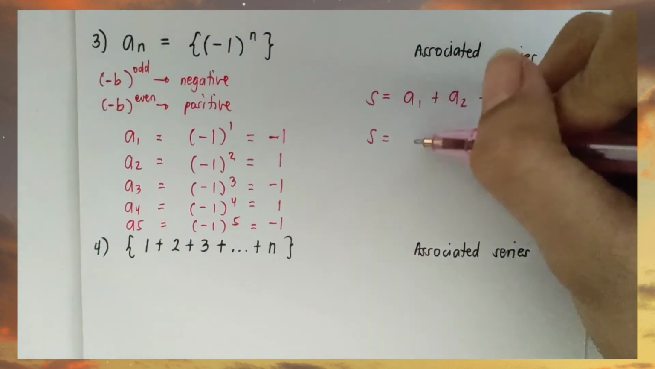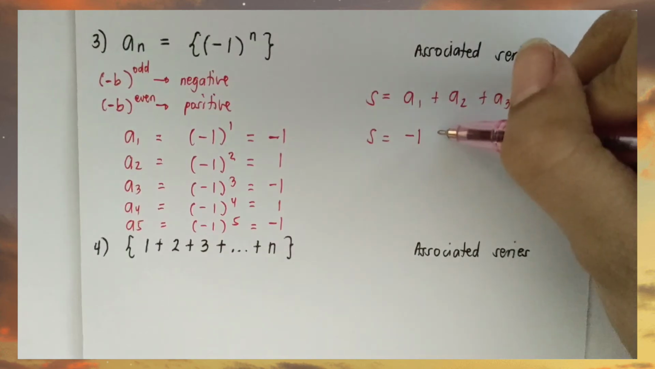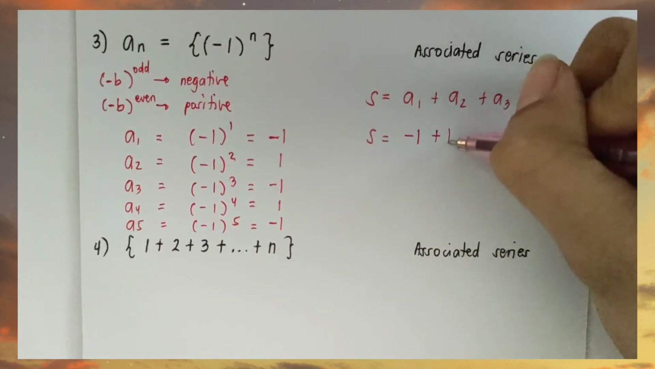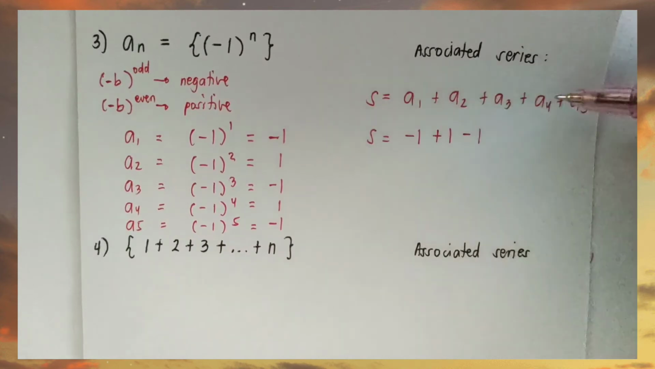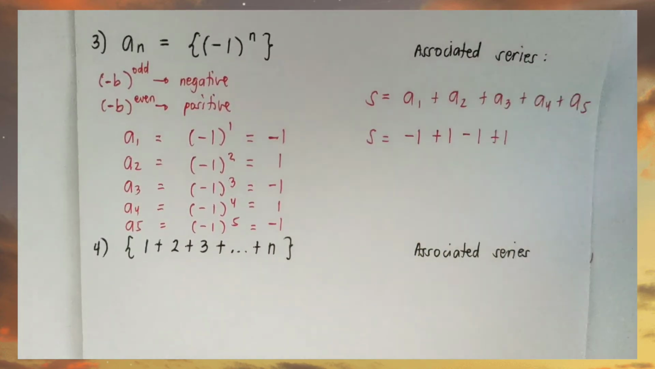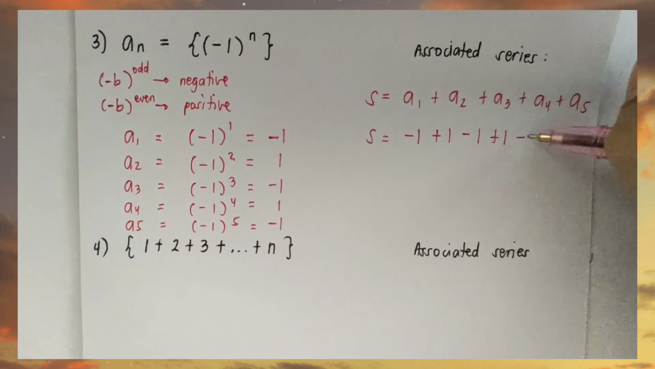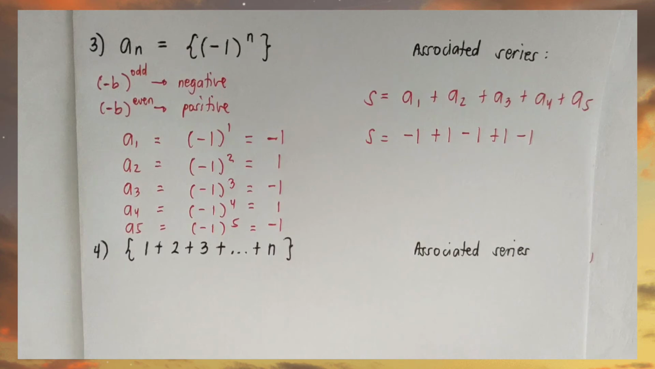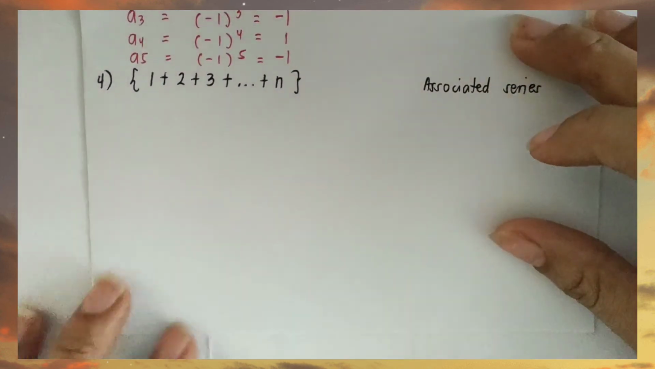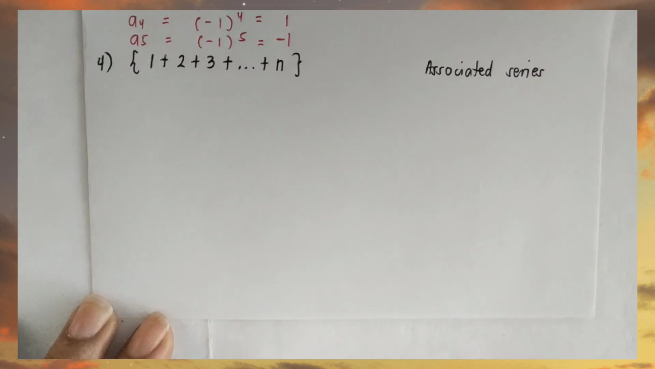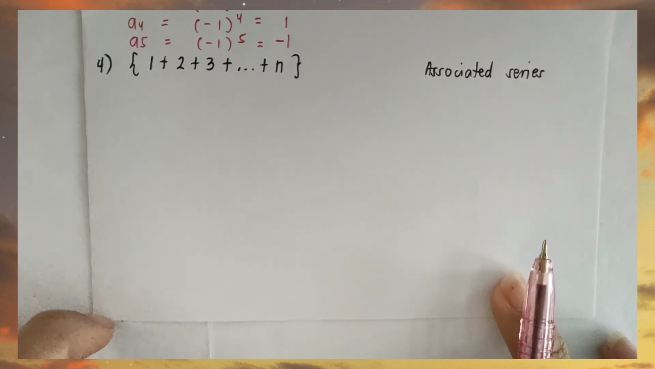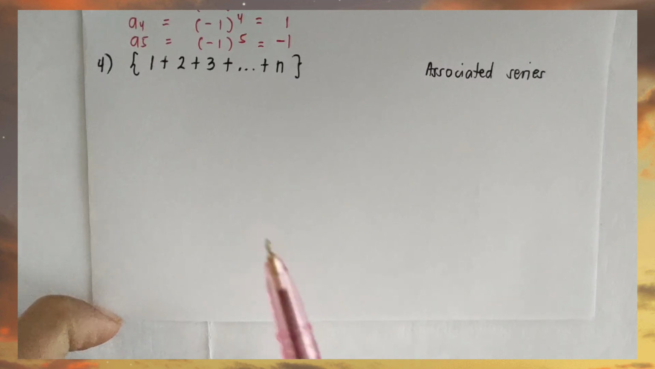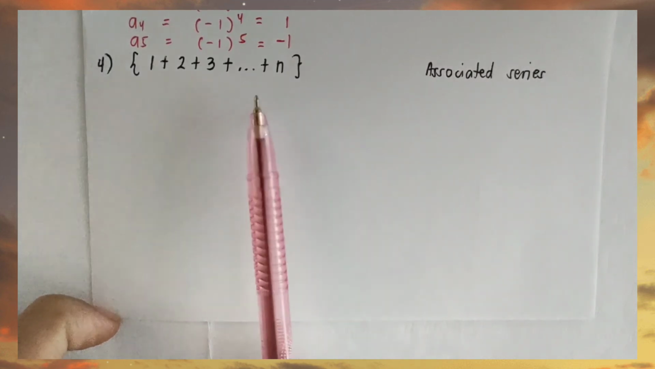S is equal to, our A sub 1 is negative 1, A sub 2 is positive 1, so plus 1. Then A sub 3 is negative 1, A sub 4 is positive 1, and A sub 5 is negative 1. This is now our answers for number 3. Okay, let's proceed with our last but not the least example. For number 4, we are given the set of 1 plus 2 plus 3 plus